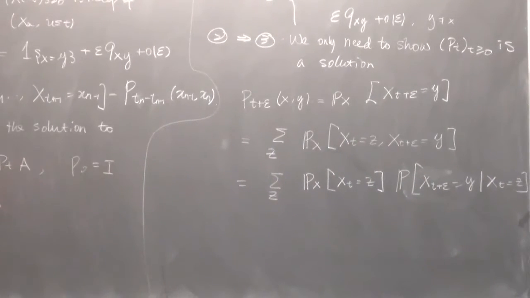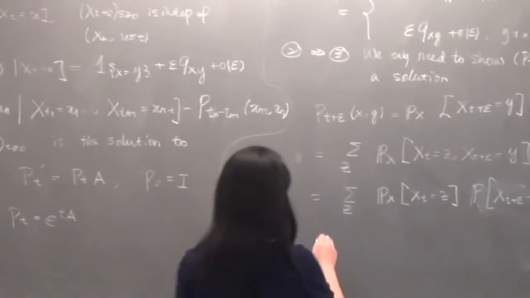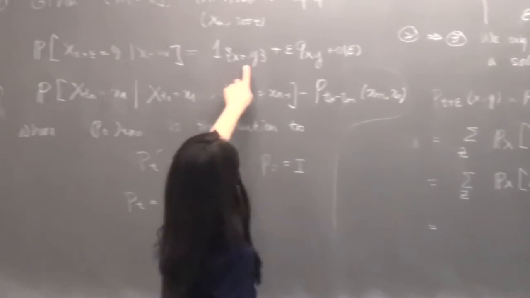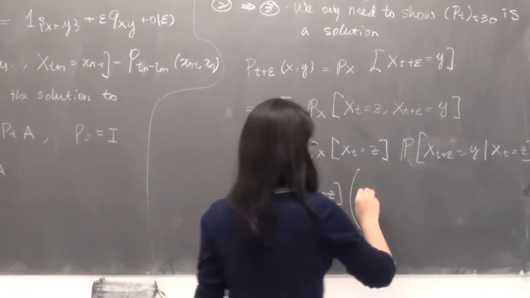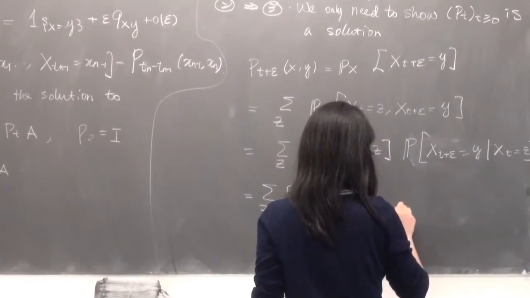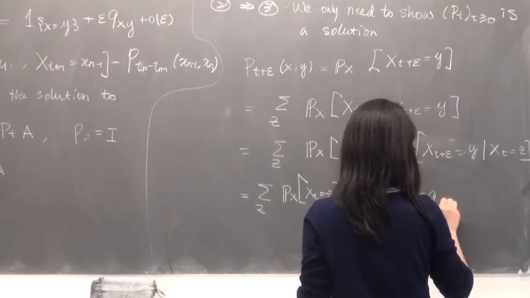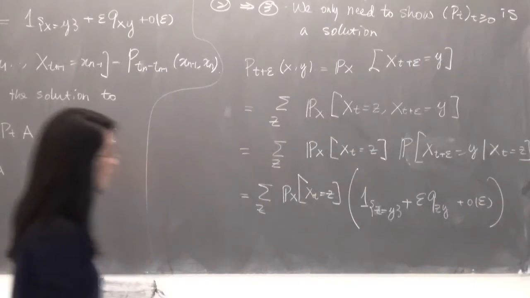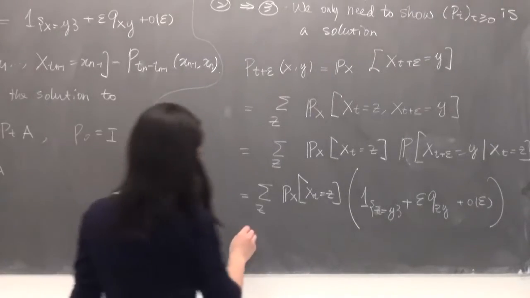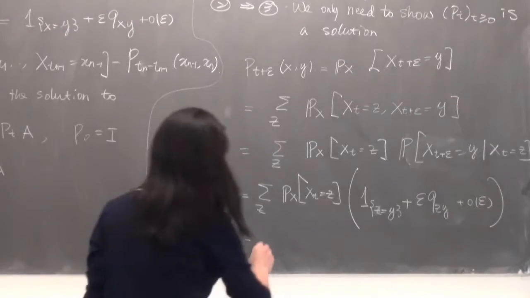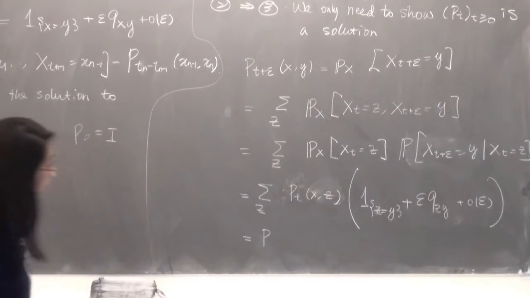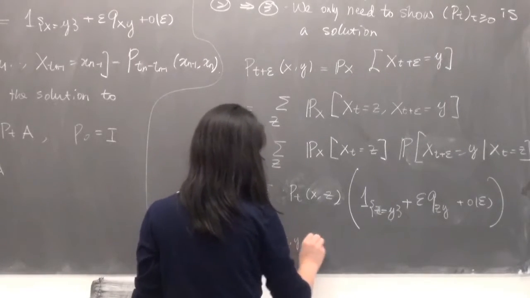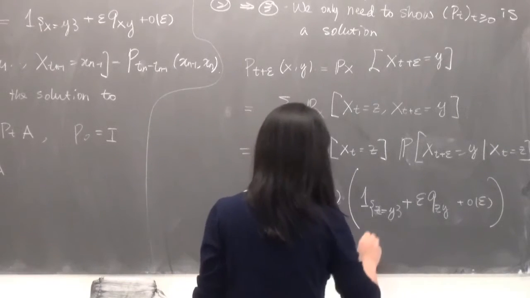So here I have done nothing, just taken out the probability of X_t equals z, and the remaining part is a conditional probability. And from the second item, we know that this conditional probability has the expansion like this. And now we write out this summation. For the first term, when z equals y, we have P_t(x,y). And for z distinct from y, what we have is P_t(x,z)